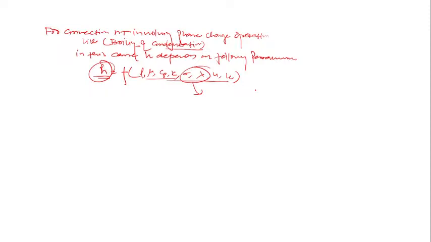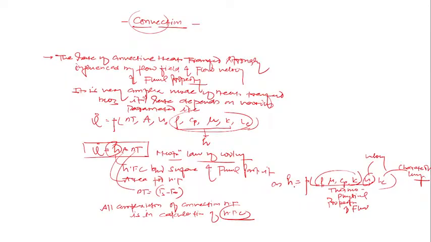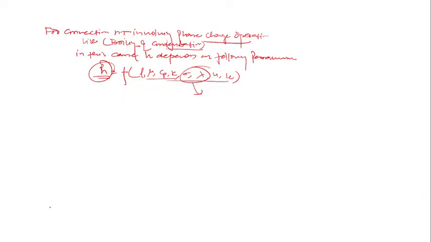So, for the phase change operation, that is the dependency of the heat transfer coefficient for convection heat transfer problems that do not involve phase change. This is for convective heat transfer operations that do not involve phase change, just like cooling and heating of any object. But if you're talking about convection heat transfer involving phase change, then sigma, which is called surface tension, and the latent heat of phase change will come into the picture.